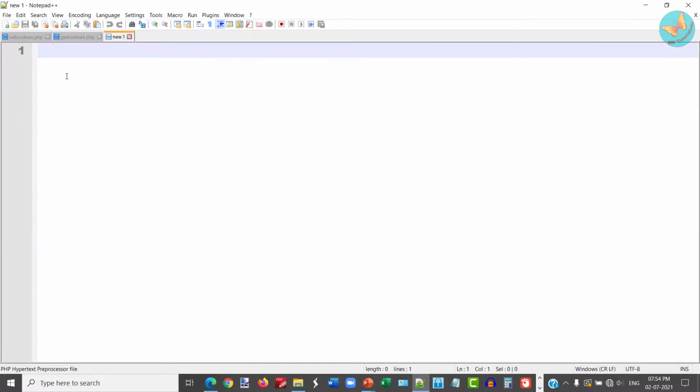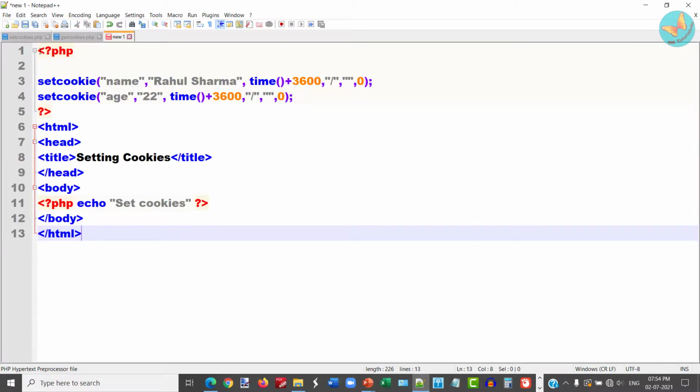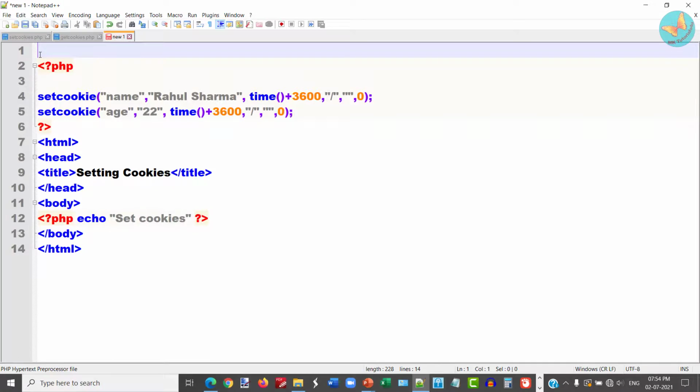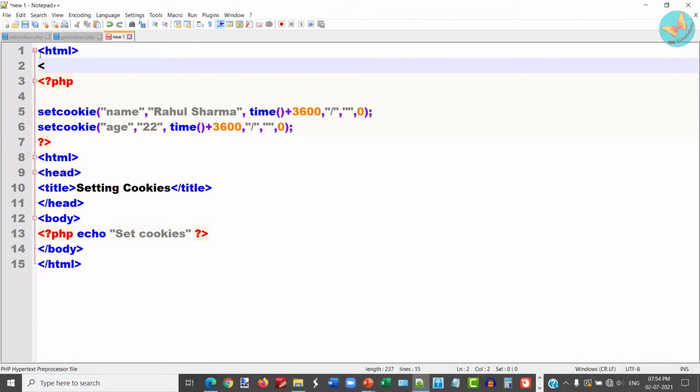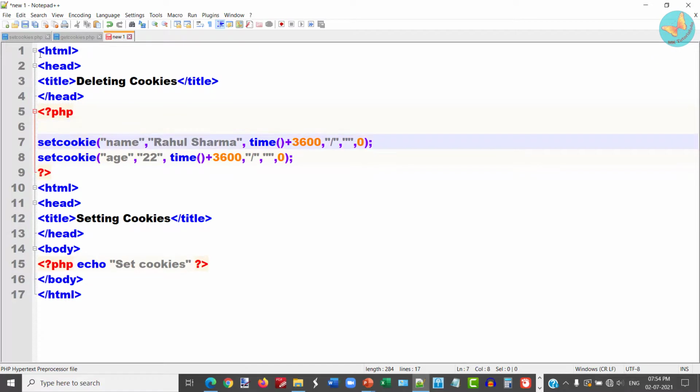So I'll create a new file and this time I'm going to give it the title deleting cookies. Now note here within the setcookie, this time I want to delete it, right? So either I could remove this value, or you can set the time to some earlier value.